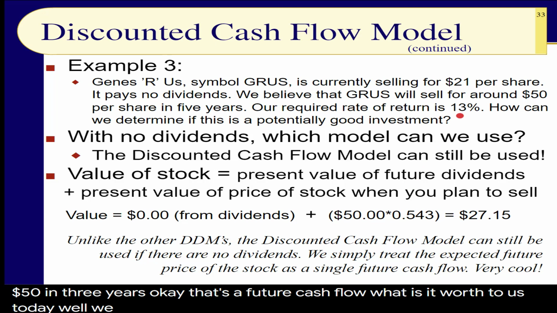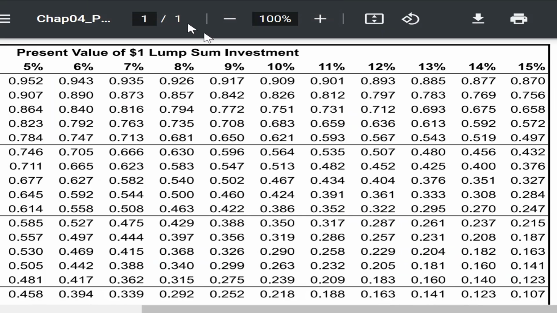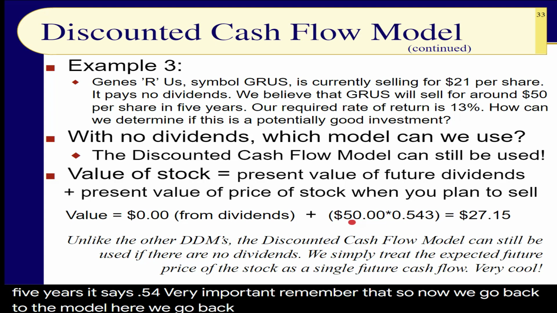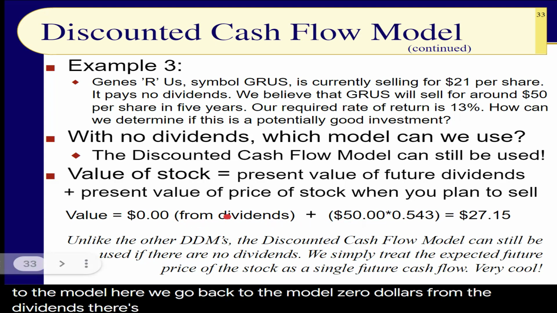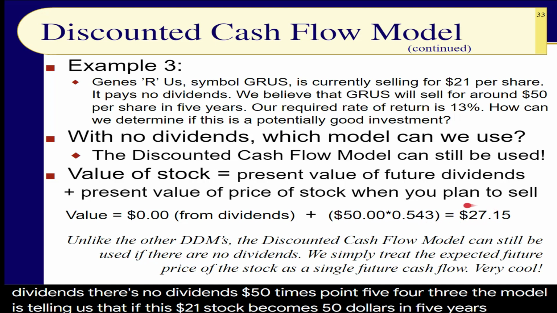Well, we need to know our discount rate, our required rate of return. And if it is 13%, then we go to the table, we go to 13%, and 5 years, it says 0.543. You see that? Very important. Remember that. So now we go back to the model here. $0 from the dividends. There's no dividends. $50 times 0.543. The model is telling us that if this $21 stock becomes $50 in 5 years, it's really worth to us today